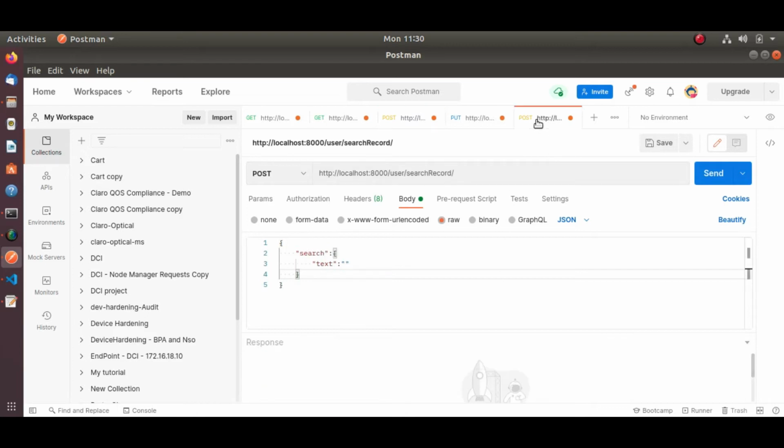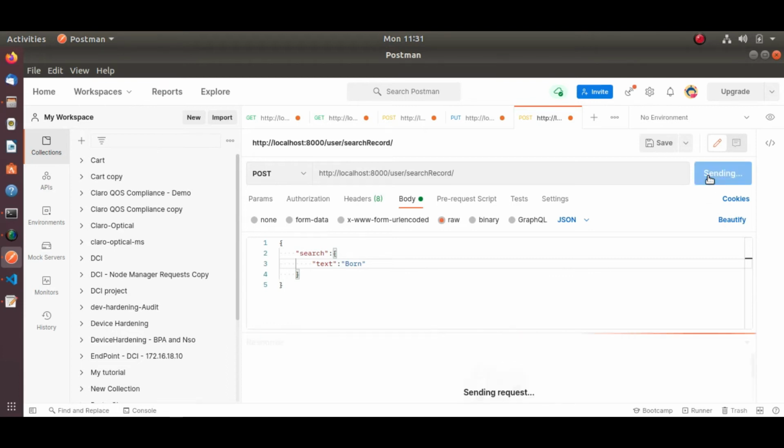So let's go to our search record API where we will do the exact match. So let me search by name. Okay, so I gave here the name as born. So what it will do, this API will match with the database with the name born and fetch the record accordingly.